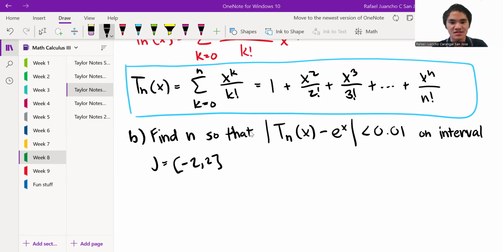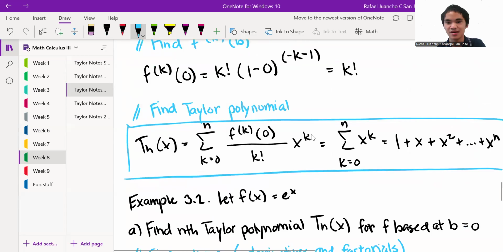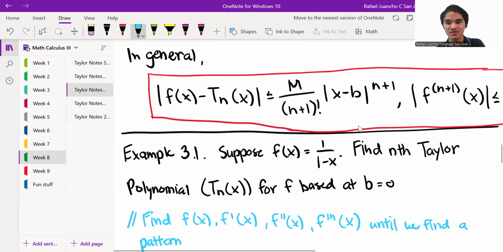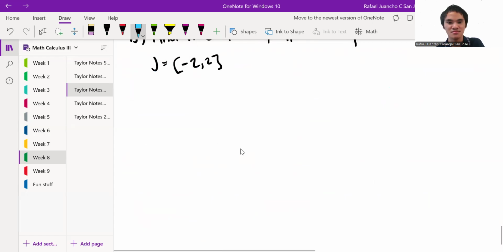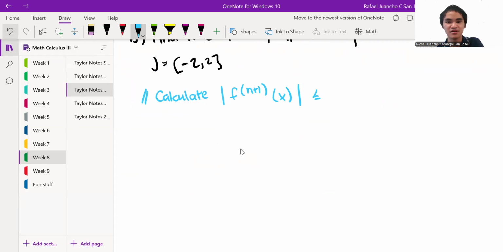The way we can find this is we want to calculate the absolute value of some derivative. So I think it was, yes. It's really the same steps as before, but we're just doing it in a more general sense. There we go. So you want to calculate that, and then you want to calculate m, and then you want to use the formula to get the error bounds. And then from there we can find our n value. Right. Okay, so let's just hop right into it. So to calculate this thing,